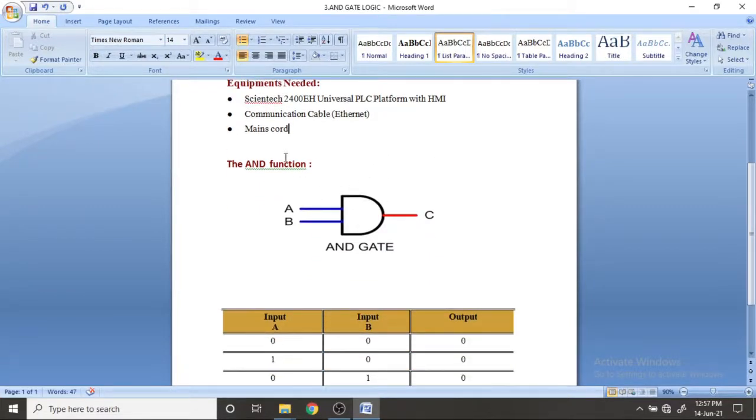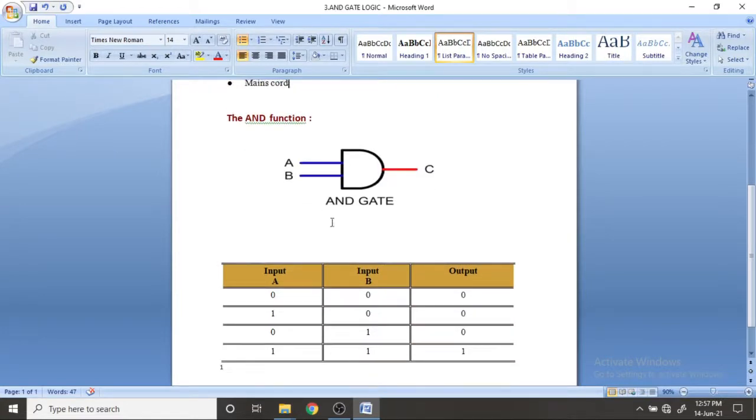So once again, we will look into the AND gate function. An AND gate simply takes two inputs and gives an output. It follows multiplication. That means whenever both inputs are high, only then the output will be high. Otherwise, the output will always be low. Or we can say it another way: if any input is low, the output is automatically low.